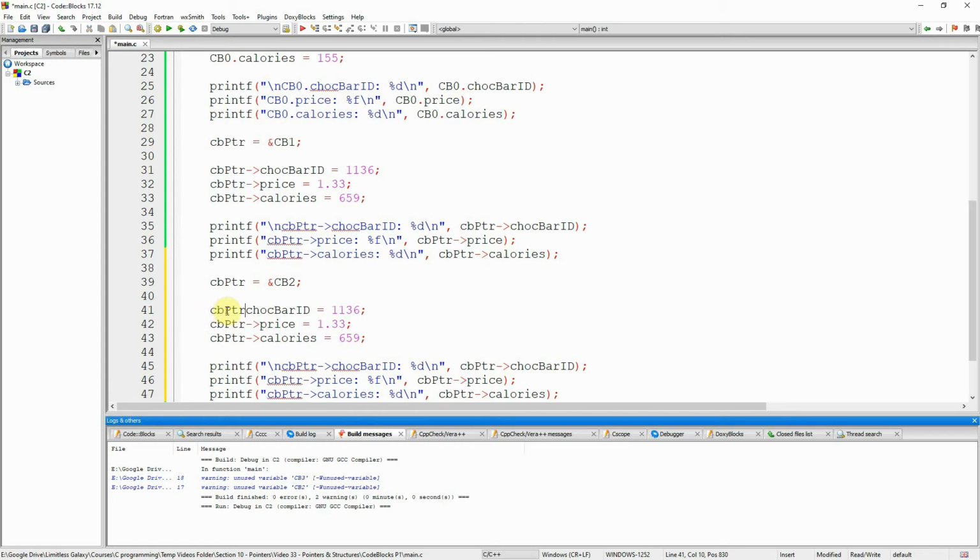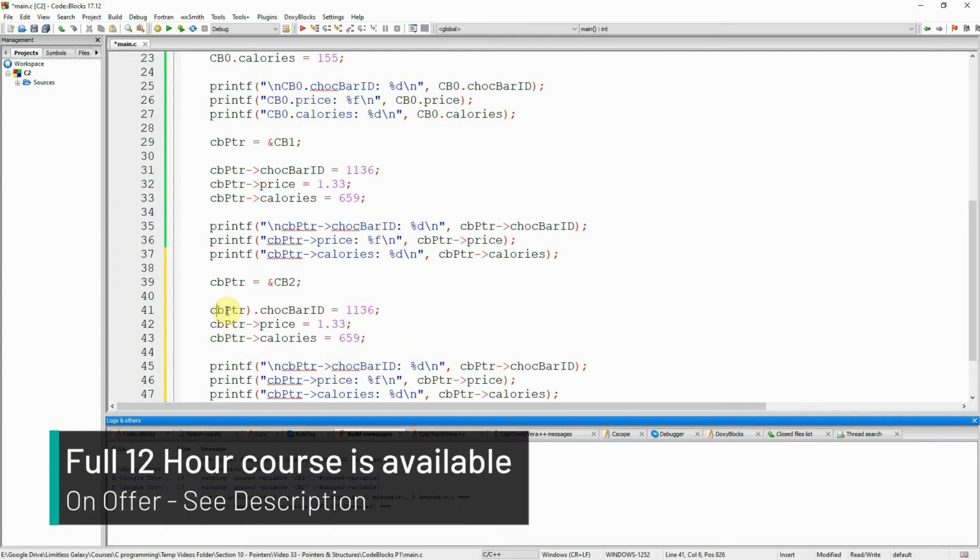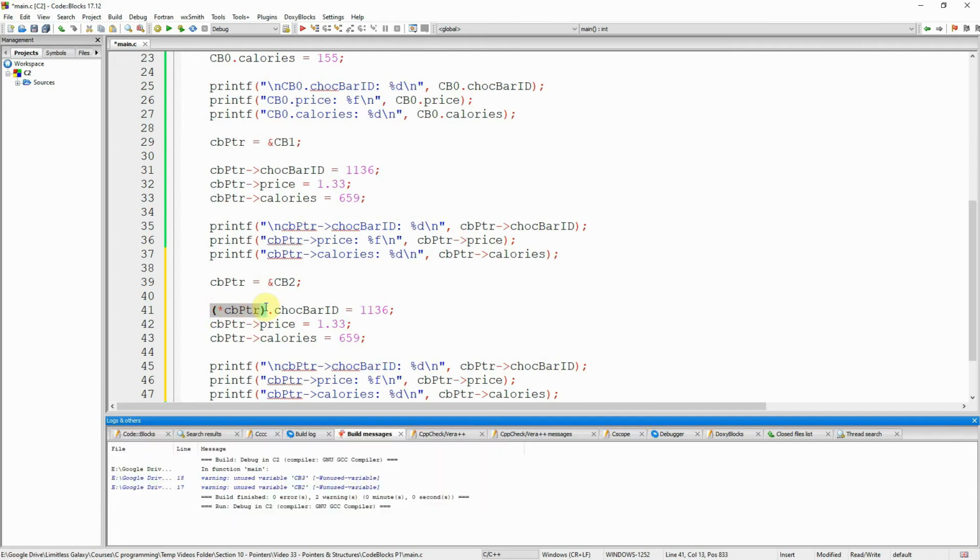We want to use this notation. So I'm going to put a dot here. I'm going to put some brackets around here and a star. And this basically tells the programming language I want to dereference this pointer and go to this